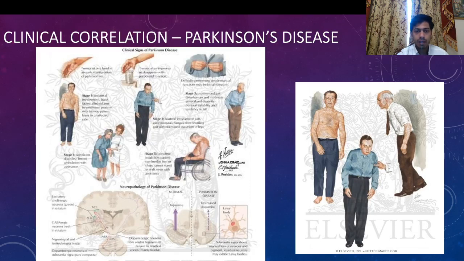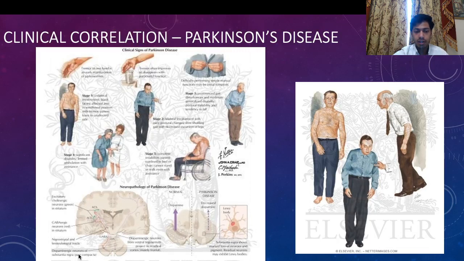And a lot of these diseases, such as Parkinson's, also rely on hormonal or neurotransmitter levels to be normal. So, for example, Parkinson's is a depletion of dopamine,